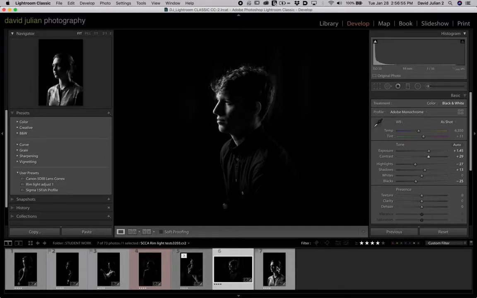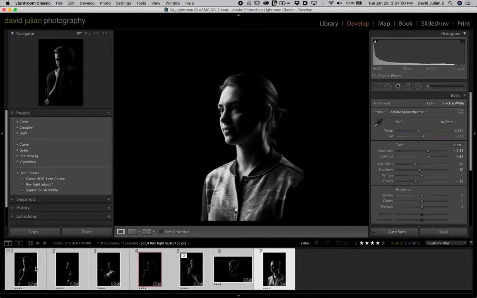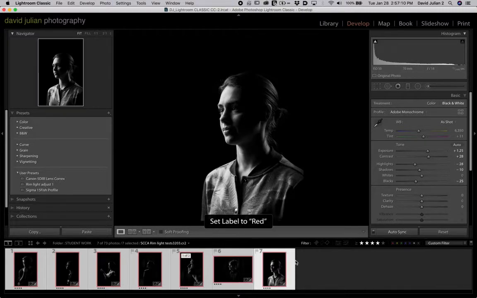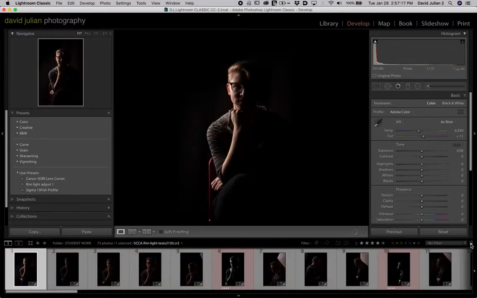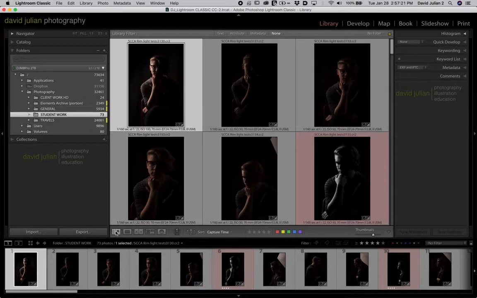So I'm going to look at all of these now, and I'm just going to select all of them by the Shift click select, and I am going to give these all the red color, the red marker. So I'm going to hit the number 6, and that'll turn them all red. And the only reason I'm doing that is because if I'm not doing a filter, and I'm going to look at all of the images that I shot using the grid with the letter G, you can see how helpful